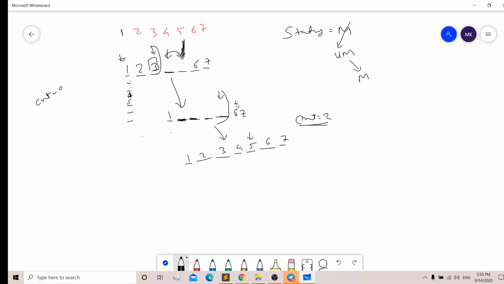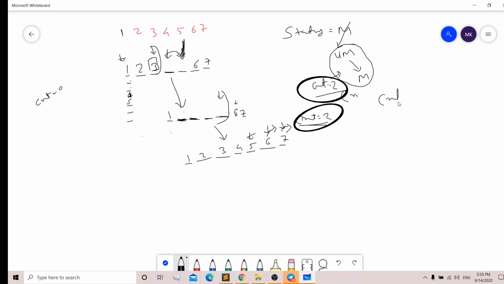Is it a match or not? We will see. At the next pointer, we will see whether it is a match or not. If it is a match, we just move further to the next pointer. Is it a match or not? And it just came out. Okay, so the point is that whenever we get a status like this, unmatched to unmatched, when we encounter this condition, that means we have to increase our count by 2.